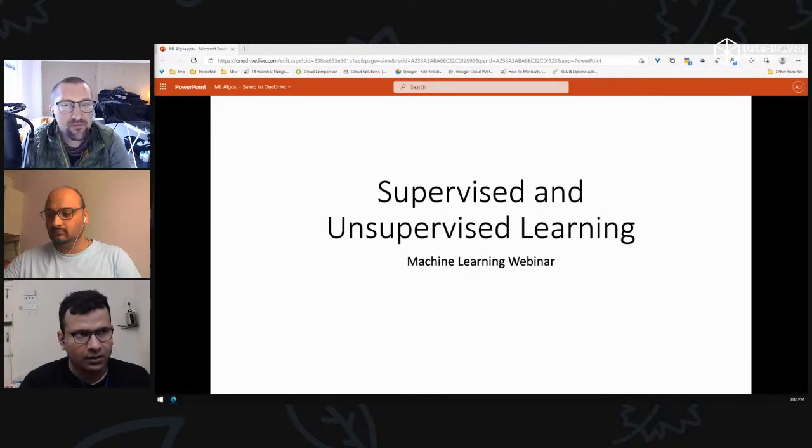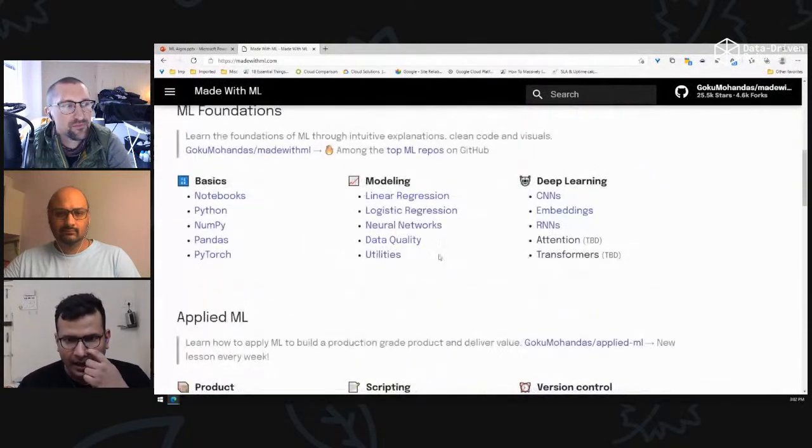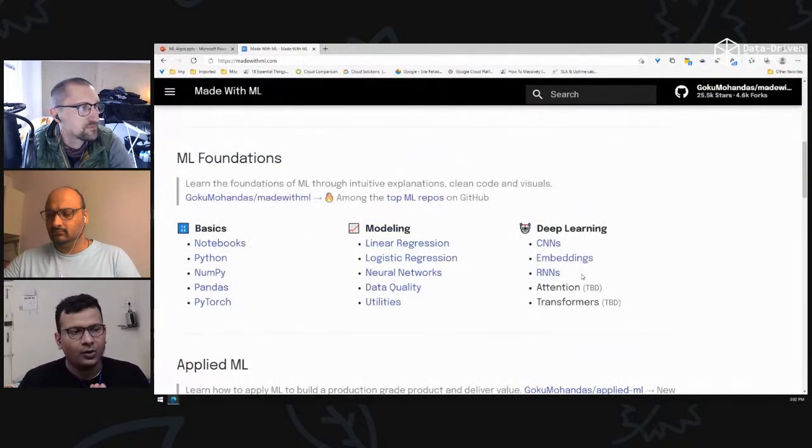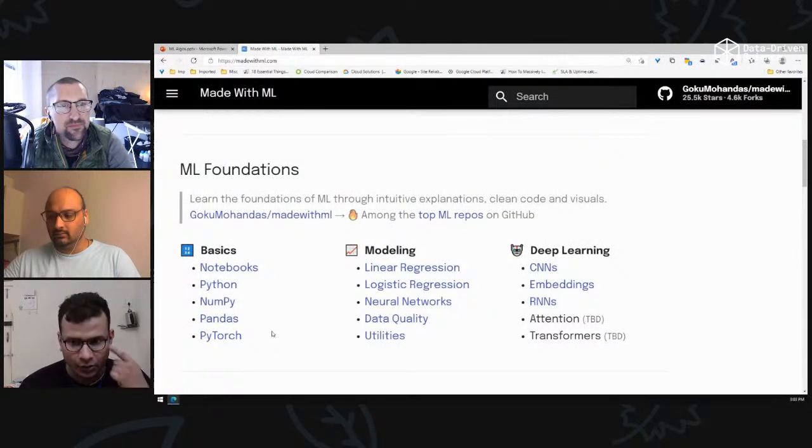There is a really nice website which talks about every single aspect of machine learning. This website is made with ML. Let me bring that website here and let's see how it has divided machine learning into individual components. It starts with the basics of notebook, Python, NumPy, Pandas, PyTorch.